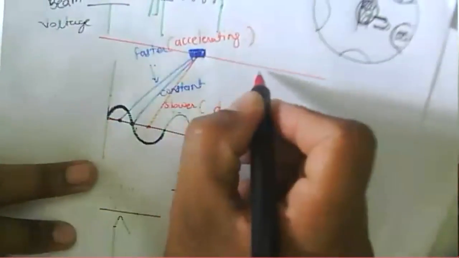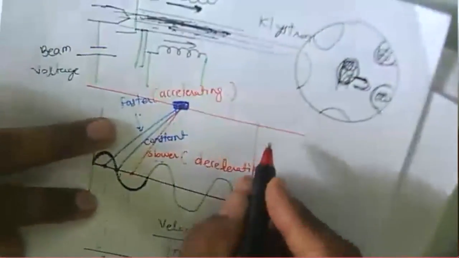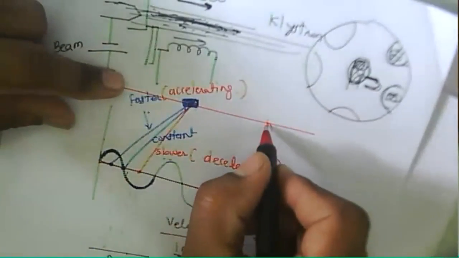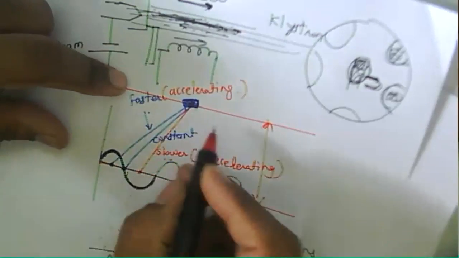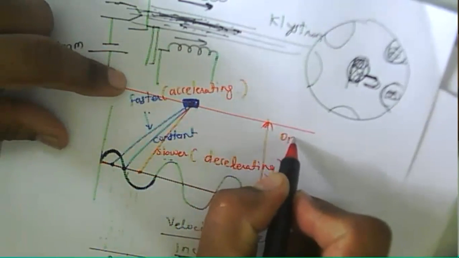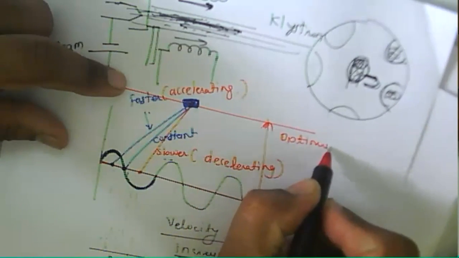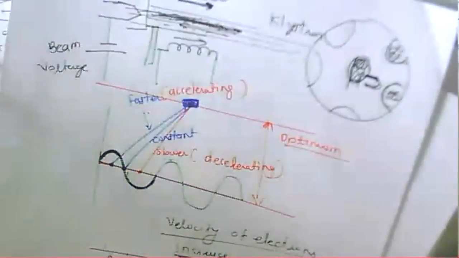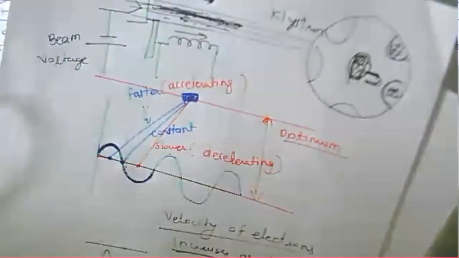So in a klystron, the same principle is used. This type of diagram is called the Applegate diagram. Here, the place we can say is about a distance. This is where the bunch formation takes place, and that is a distance inside the cavity. And this distance should be an optimum distance. It should be very small, and that is called the optimum distance in this particular cavity.